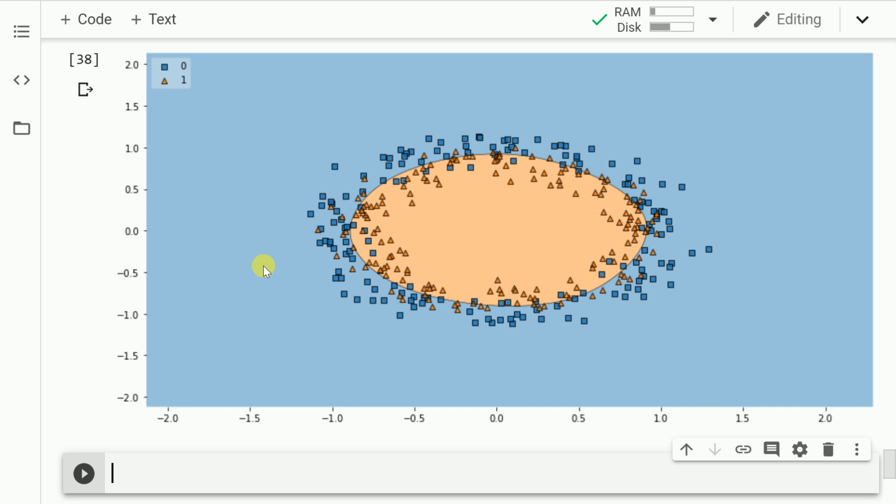So the region inside the circle is classified as 1. The region outside the circle is classified as 0. Yes, it's not the most accurate model that we could have come up with, but given the small number of epochs that we trained the model on, and given the limited amount of data that we have, it's doing a decent enough job, and it also shows the power of initializing your weights using Xavier initialization. So this was my attempt in explaining how Xavier initialization can help you find the right weight for your network architecture. I hope you found this video informative.